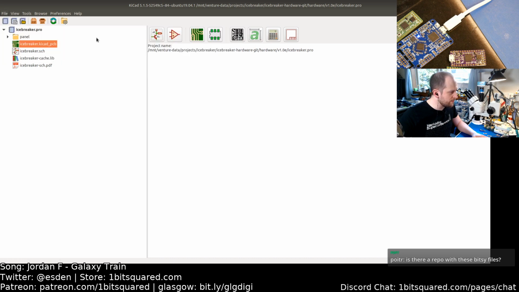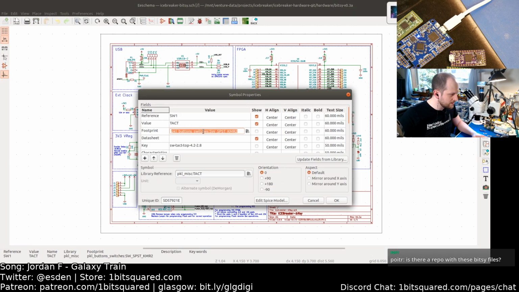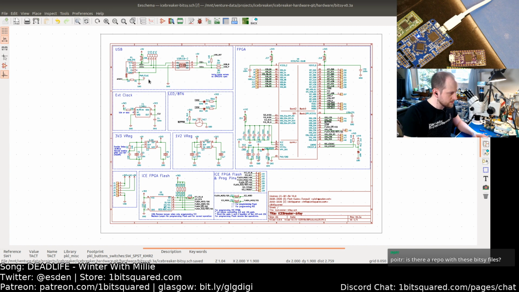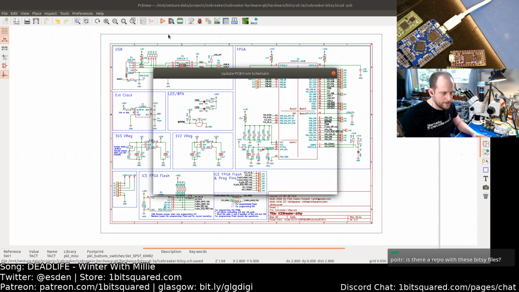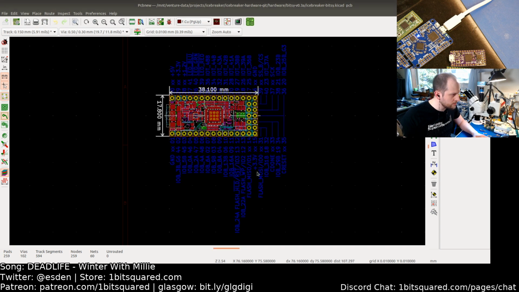Yeah, I could actually have two instances of KiCad open too. That would do it. All right. Okay. Let's save this and then let's sync it up. F8. Footprint button switches not found. Ah, right. So I didn't update the library here. Is that possible? PKL button switches not found. Okay. So I might not have updated the